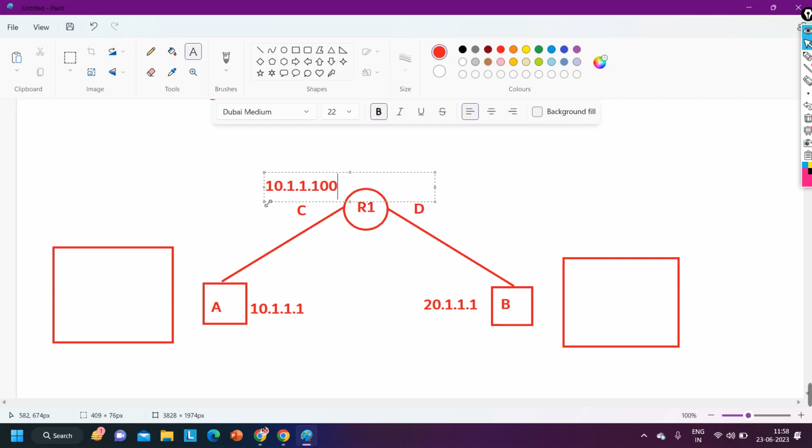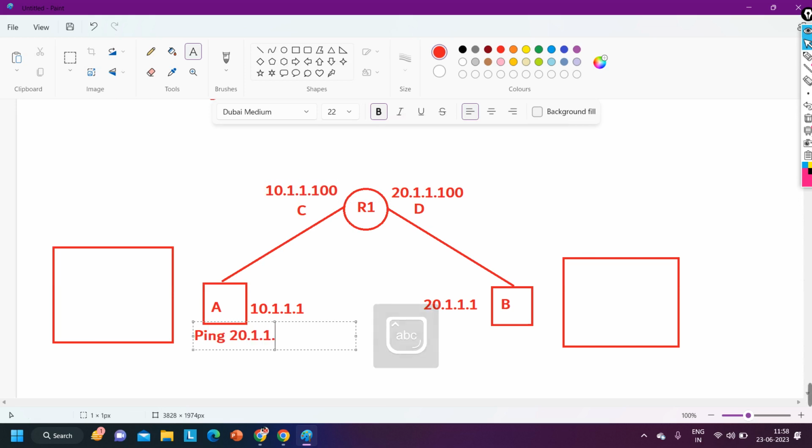Yes or no? Yes. And here let's say the IP address is 20.1.1.100. So if we ping again, ping 20.1.1.1, again PC1 needs a MAC address, yes or no? Yes. But this time it is not going to find the MAC address of the destination device, because the destination belongs to